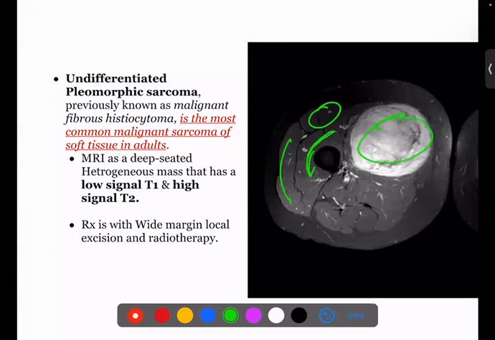يا دكتور أحمد الصوت معلش الصوت مش واضح. دكتور أحمد معانا؟